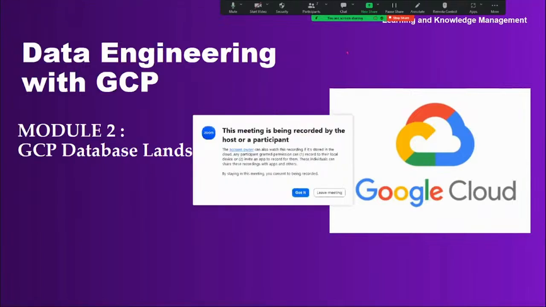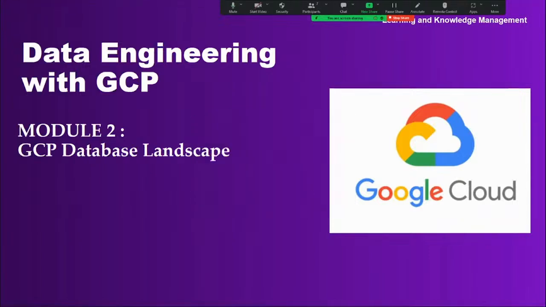From today onwards, we're going to discuss the very first topic. In our GCP, we have the GCP database landscape and big data landscape. So one by one, we are going to start. In the first half, I'm going to explain a few concepts related to databases, that is our Google Cloud Storage. And after that, we're going to start with